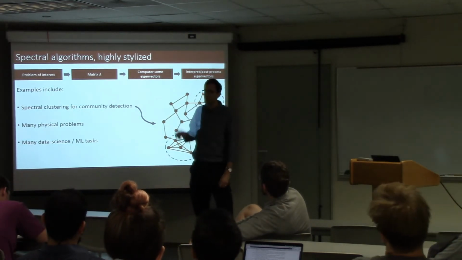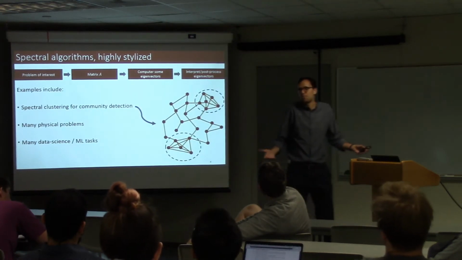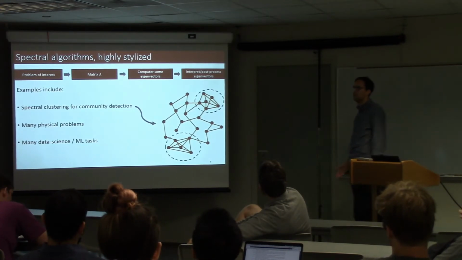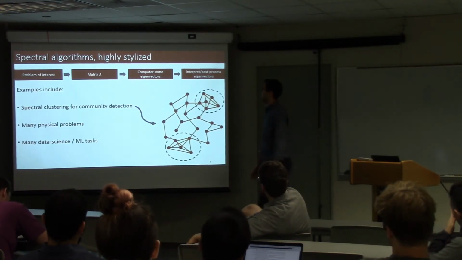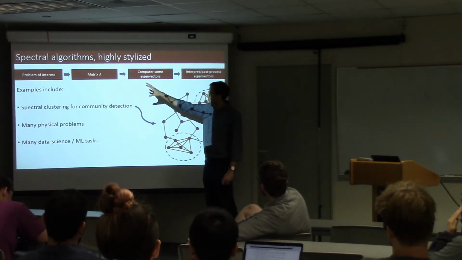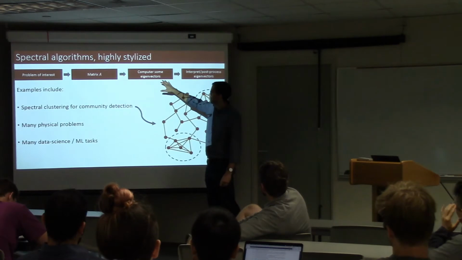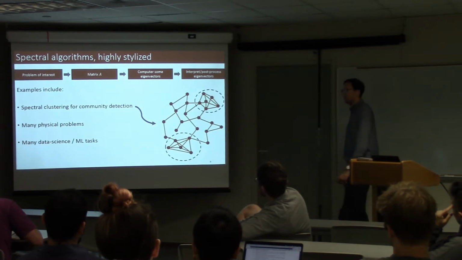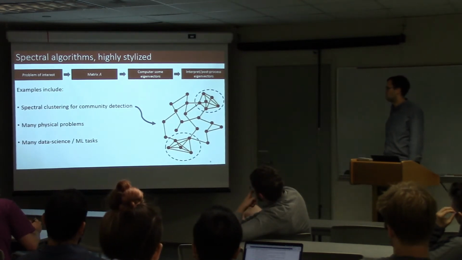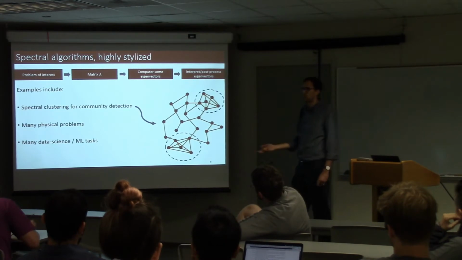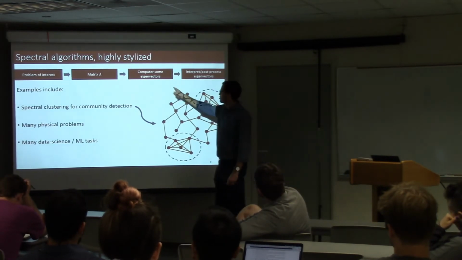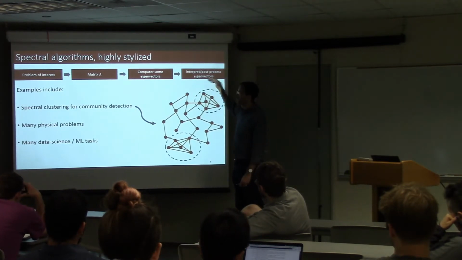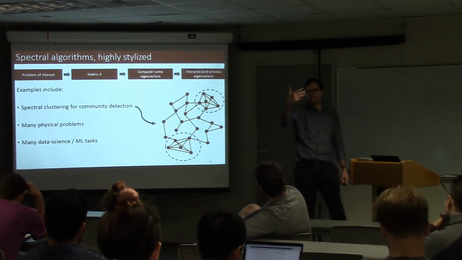is that I may have some problem of interest, okay? And from that problem of interest, I end up with a matrix. That can be from any number of ways. I can be discretizing a set of physical equations, it can come from data, come from a lot of places. And then, because of questions I'm interested in for the problem of interest, I want to compute some eigenvectors of the matrix A. Or maybe singular vectors or so on, but I, for some reason, believe that the eigenvectors of the matrix associated with my problem contain valuable information about the question I want to answer. Okay? So, we compute some eigenvectors of the matrix A, or related matrices. Okay? And then we interpret or post-process those eigenvectors in some way to say something about our problem of interest.